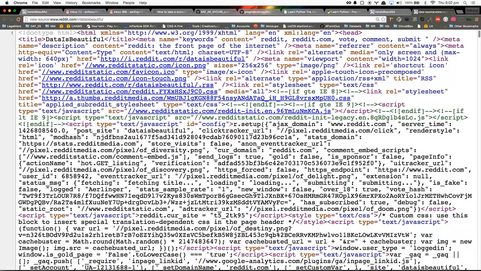Which is the document object model. It's all the stuff that comes together to make a page. And the reason why it's called a model is because you can think of it as being sort of like a tree, or sort of like its own dictionary in a way.